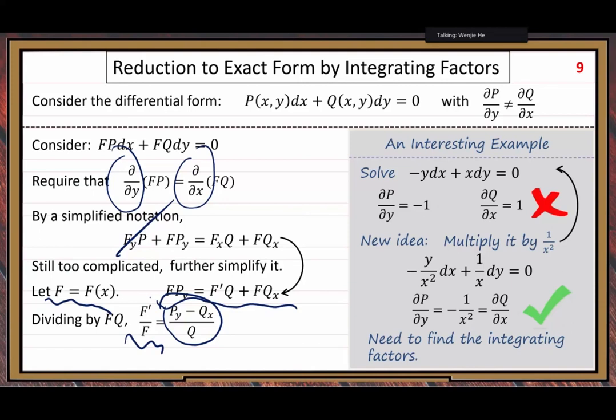Yeah. There is a possibility, right? There is a possibility. Yeah. But